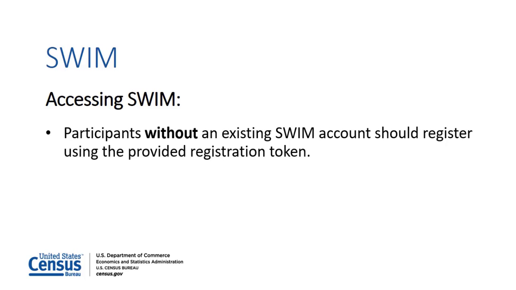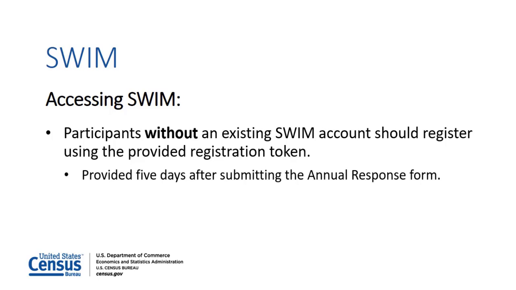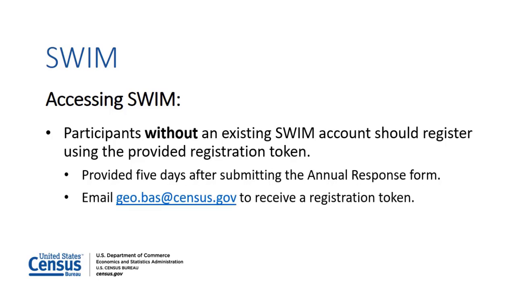Participants without existing SWIM accounts should register for an account using a 12-digit registration token provided by the Census Bureau. If participants indicated on their BAS annual response form that they wish to use the Geographic Update Partnership software, referred to as GUPS, or would download the partnership shapefiles, they will automatically receive the SWIM URL and a registration token via email 5 calendar days after the Census Bureau receives the completed annual response form. Participants who do not receive a registration token after 5 days should email